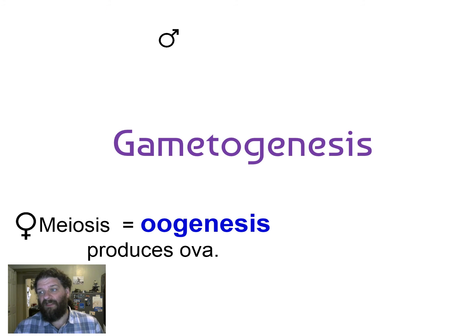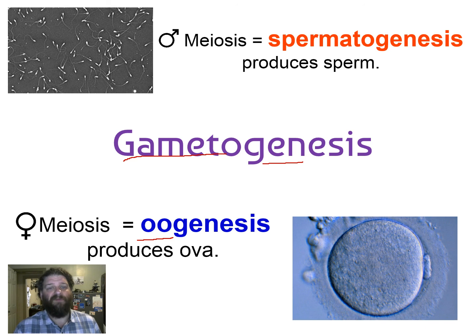This brings us to a couple more terms. We're almost done. Just hang tight. All right, since we're talking about making gametes, the term that we would use for this is gametogenesis, because we are generating gametes. In the females, this is referred to as oogenesis. Yes, you pronounce each one of those O's individually from one another. All right, making ova. In males, there we go, there's some pictures, we're going to produce sperm, so it's called spermatogenesis.